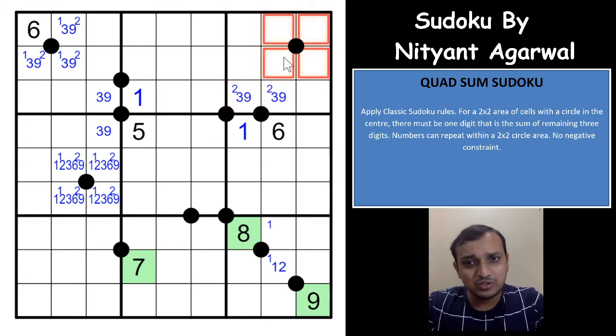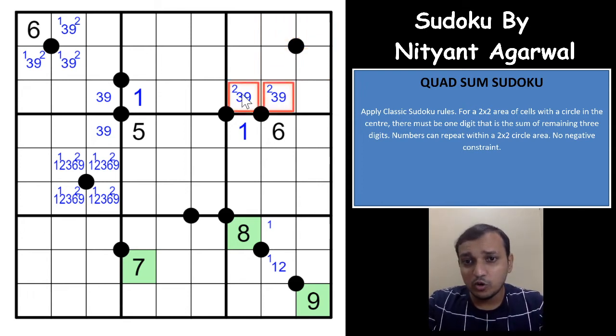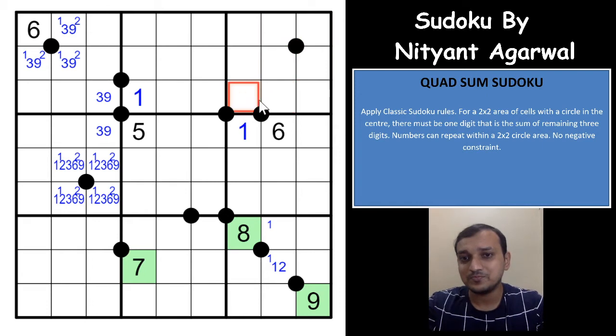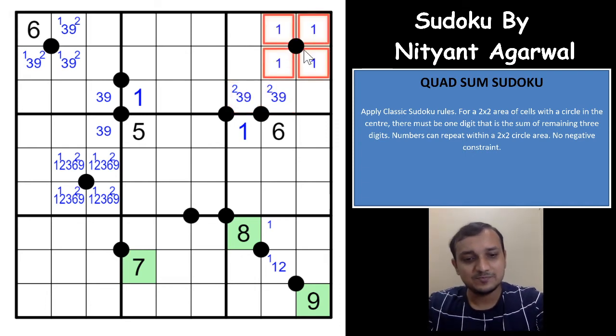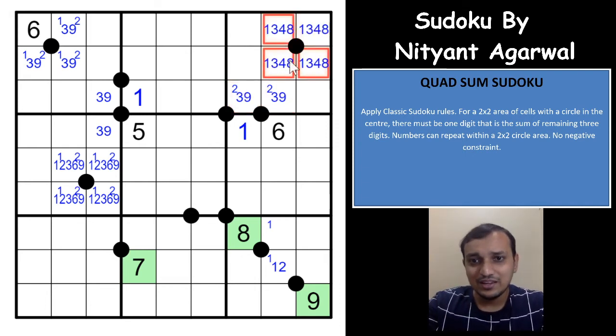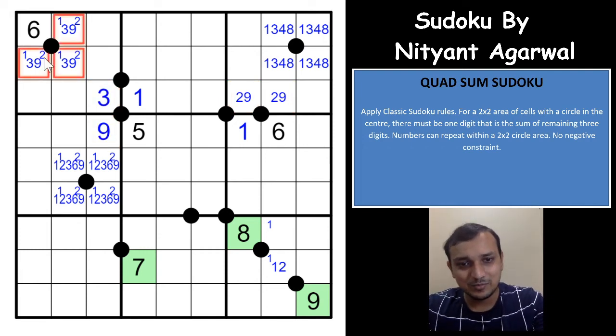And the next minimum sum is 1, 3, 4, 8. You can still get 1, 3, 5, 9, right? Yeah. The moment you take 1, 3, 5, 9, both 3 and 9 are eliminated from this cell. So which means that the only sum you can get is 1, 3, 4, 8, right? And that eliminates 3 from this cell. So which gives you a 2 9 pair, and that gives you a 3 here, a 9 here. That eliminates 3 from this cell, that eliminates 9 from this cell.